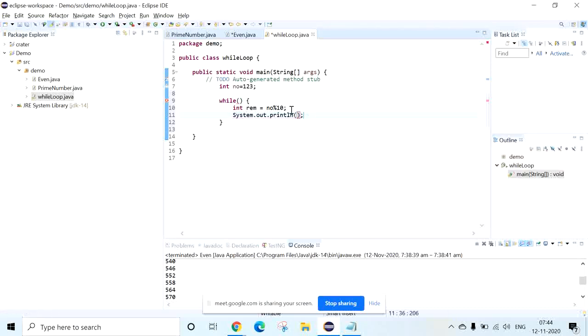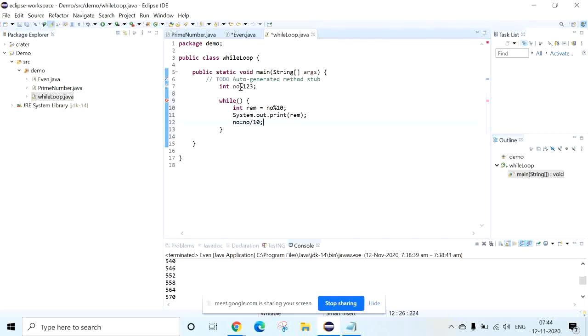Now you print this remainder. Now you change it: put number equal to number divided by 10. What will happen? Now this number's value changes.